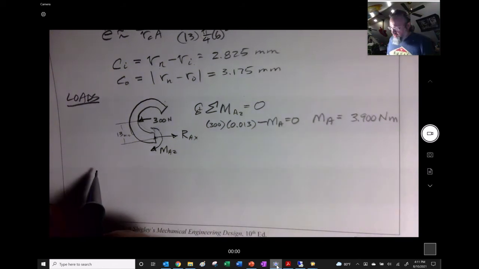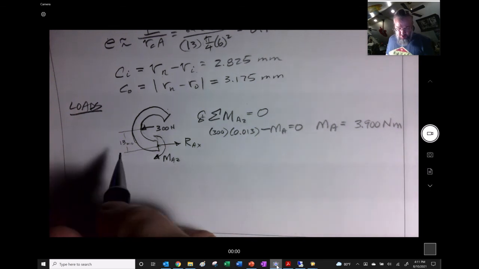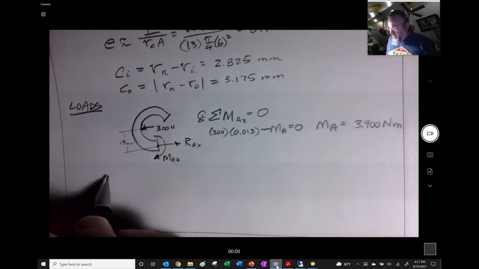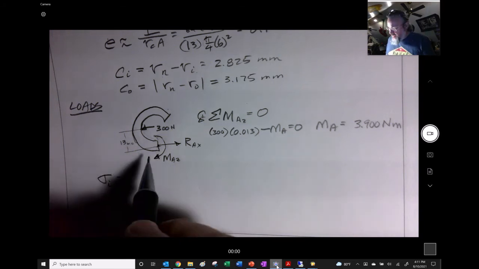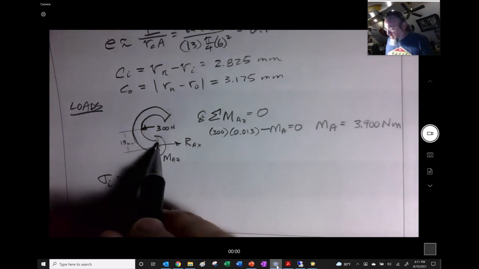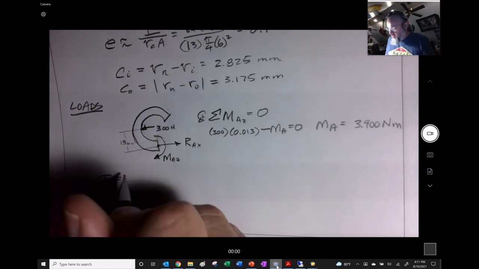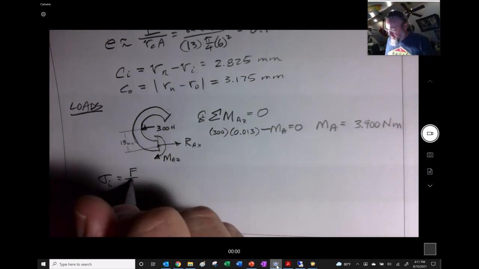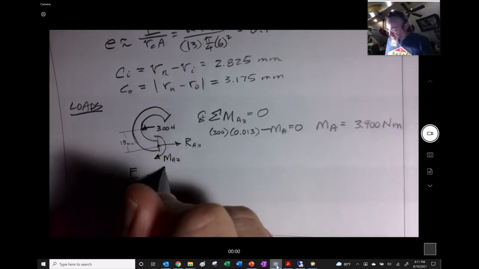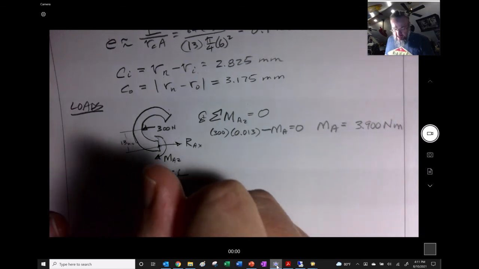Okay, and so now we need stresses. Now, I used a lot of paper on here, so I'm going to have to go onto an auxiliary sheet right here. But if we want to take the stresses that are going to be on the inside of this, we know this is going to cause tension. You can see that causes tension, either way that we want to do it. We also know that that's going to cause tension, so we know that F over A plus MCI over AE